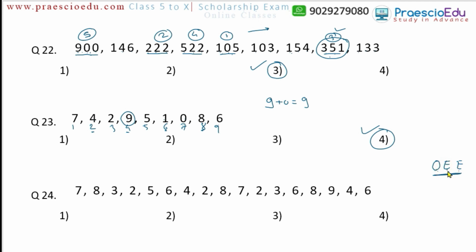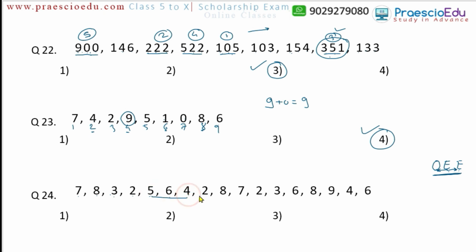See, this even number is preceded by an odd number, and this even number is immediately followed by an even number. So odd, even, even, this sequence we have to find out. So odd, even, even, odd, even, odd. So this cannot be, then odd, even, odd cannot be, but we require odd, even, even. So odd, even, then even. Yes, this can be. So this is the one group we got.